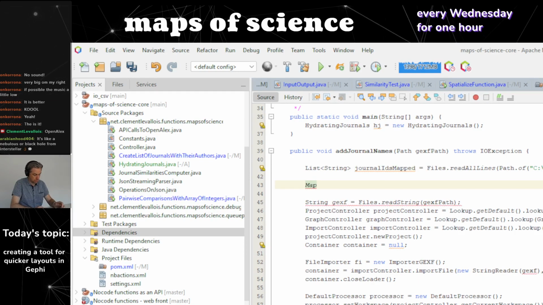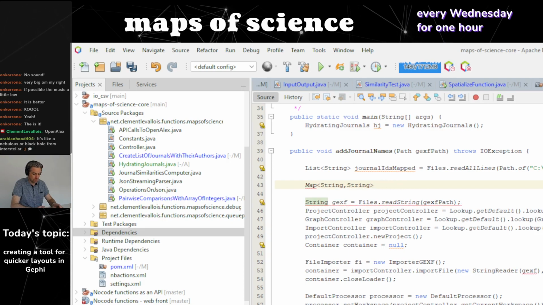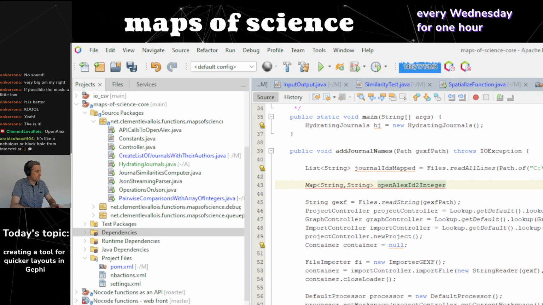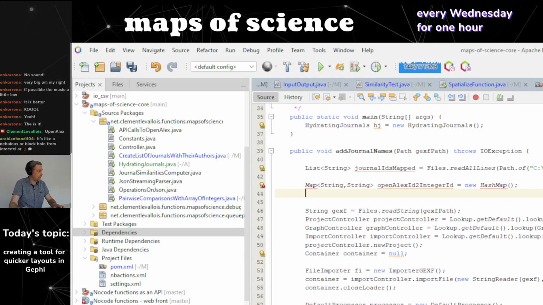So map from a string to a string. So journal, I'm going to call that open Alex ID to integer ID. It's really long, but at least later I'm going to remember what it does. And then for each line,